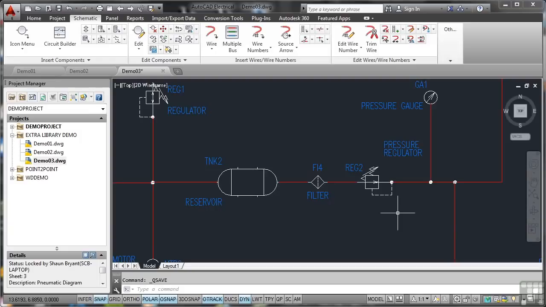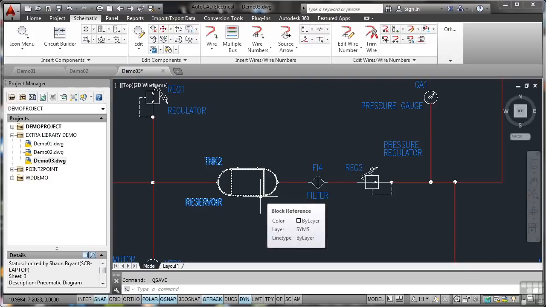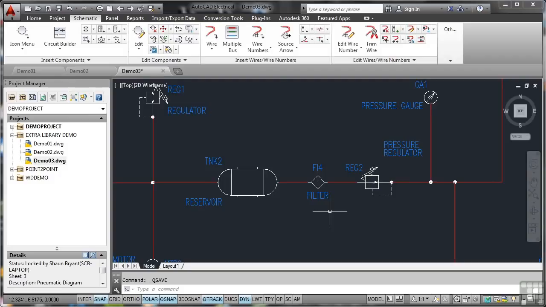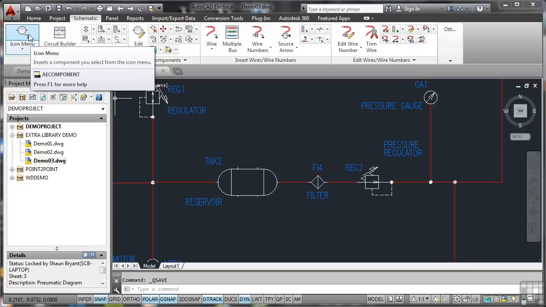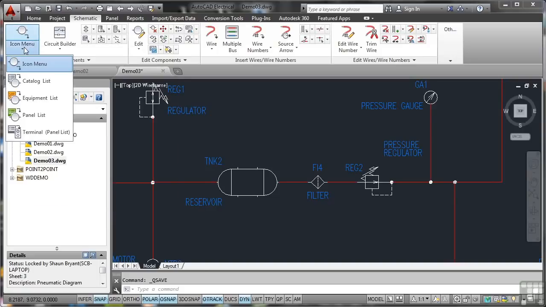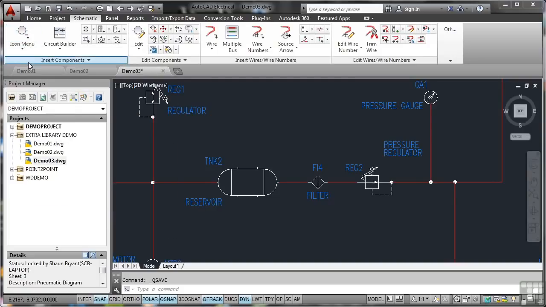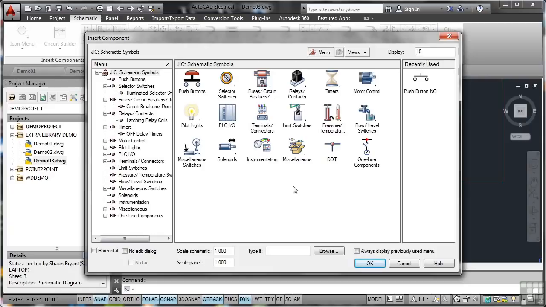Now, looking at the system, obviously there are various icons, as I said, various blocks and components and symbols that you bring into the drawing itself. How do you bring those in? Well, you use the schematic tab up here on the ribbon, and you'll notice we've got an insert components panel. If I hop over to the insert components panel here and click on icon menu, I get the option to insert anything from this massive range